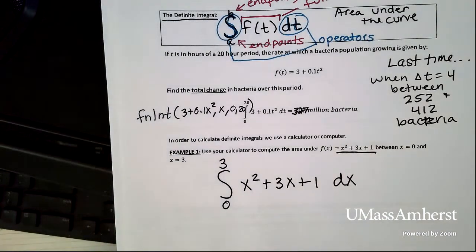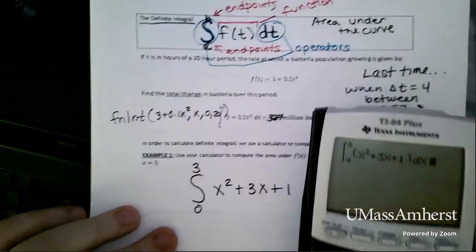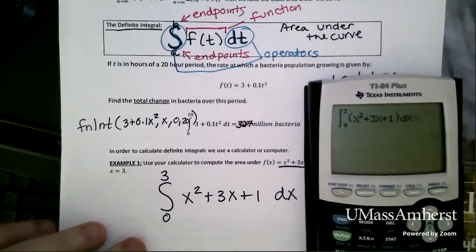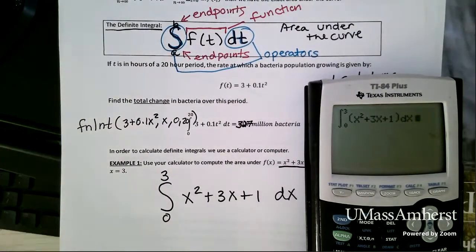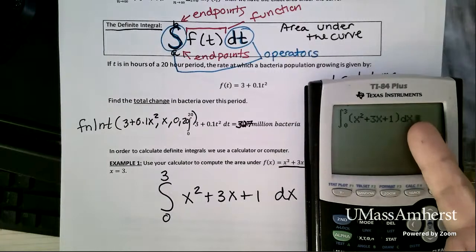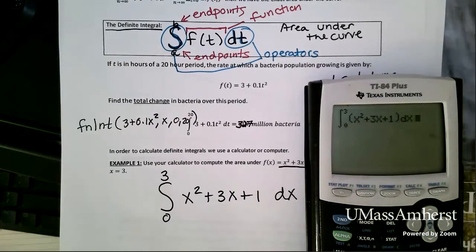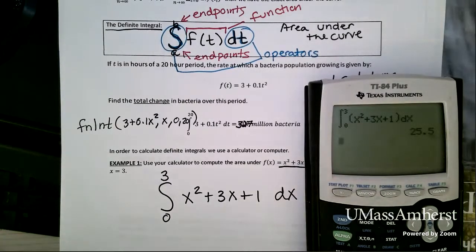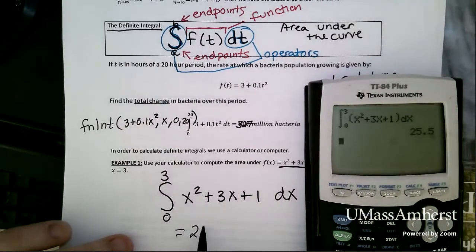Okay, so I'm going to show you how I entered this on my calculator, just so you can make sure the syntax looks the same on yours. So the integral from 0 to 3, and then we have x squared plus 3x plus 1. And then again, we have to add the same variable that we were using here, and I was using x. And then I hit enter, and it spits out the area under the curve. So it's